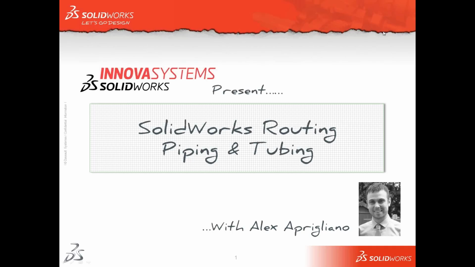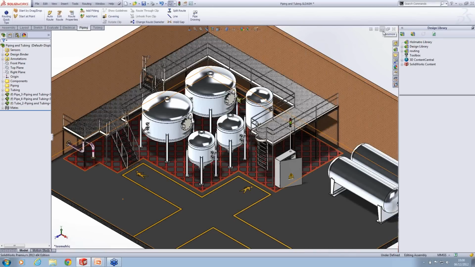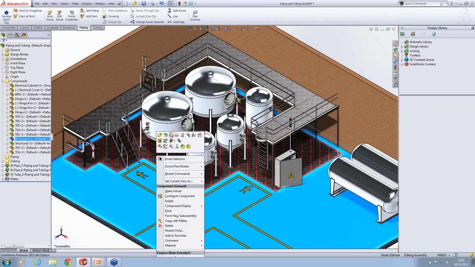We're going to be looking at piping and tubing today. My name's Alex Aprigliano, so we'll go straight into SolidWorks. And this is the routing assembly that we're going to be working on today. The routes that we're actually going to lay down on this aren't going to make much sense from a design point of view, but they will walk you through some of the more commonly used techniques for routing. So before I get going, I'm just going to hide away the route